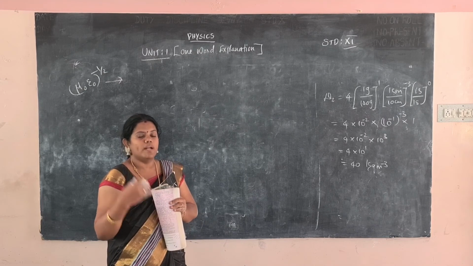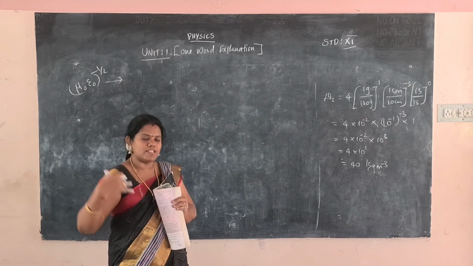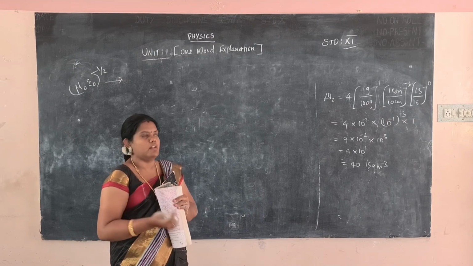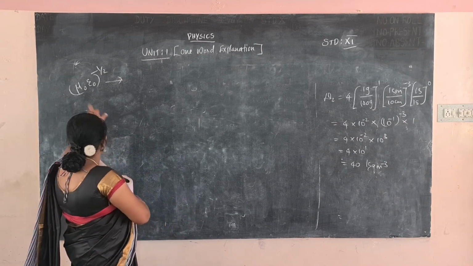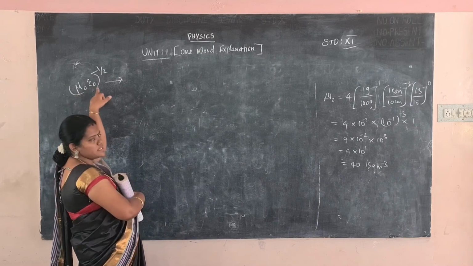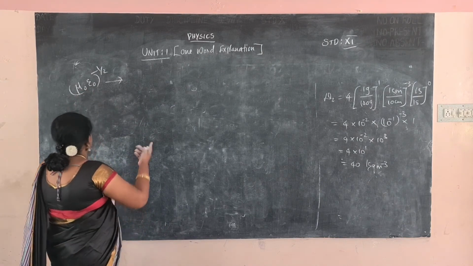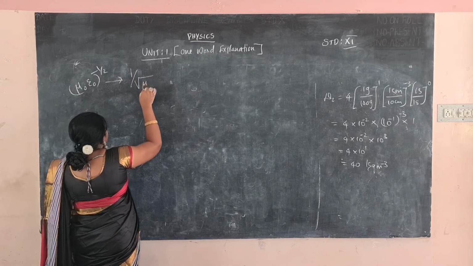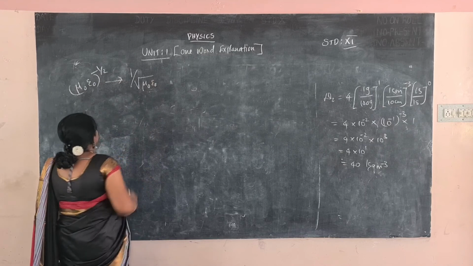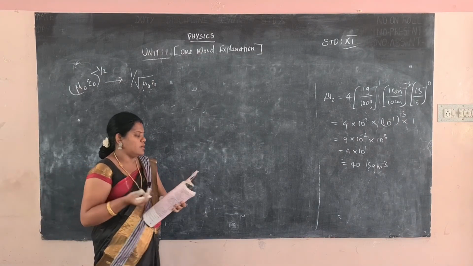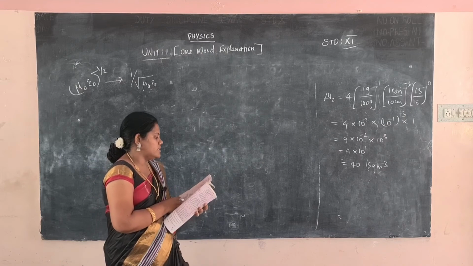One material will allow the electric field to pass through, that will have the permittivity epsilon. Permeability in free space is mu naught, permittivity in free space is epsilon naught. In this problem, it is given 1 by square root of mu naught and epsilon naught. This is the problem. We substitute the mu naught and epsilon naught values. What is mu naught? What is epsilon naught?